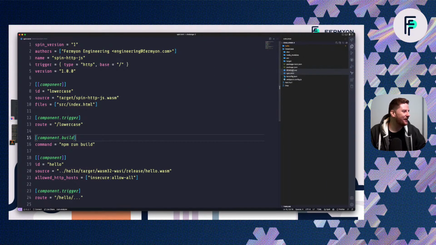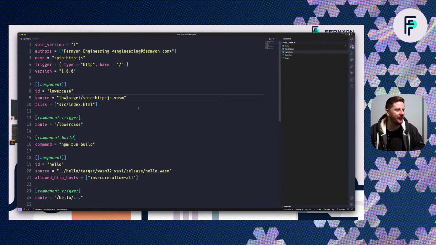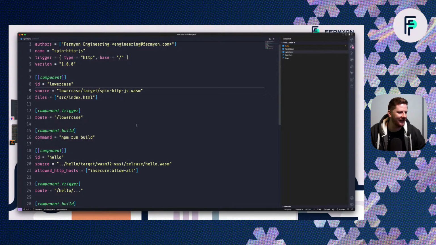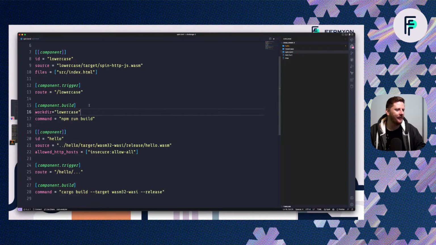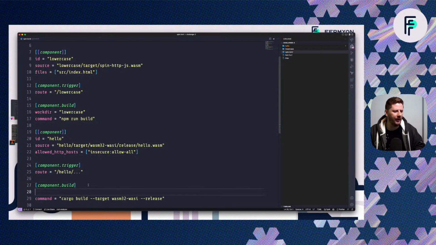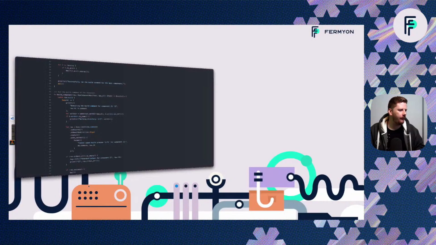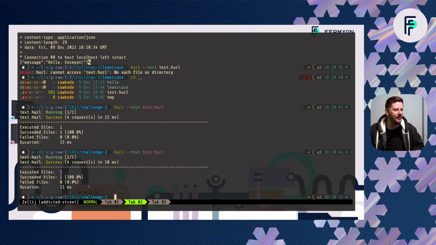Thank you. So let's pull this back out to the top. Because what we really want, right, is for the spin.toml to be here and everything else to be defined lower. So this is now going to be, I'm going to regret this again, aren't I? Lowercase target. And we need a worker of lowercase. And then for the hello, you're no longer going to be here. You're going to be hello target. And your build is a worker of hello. So assuming I haven't messed this up too badly,